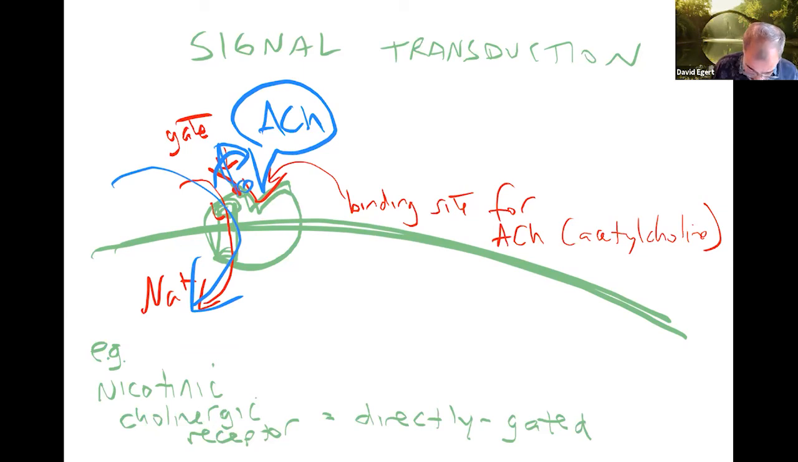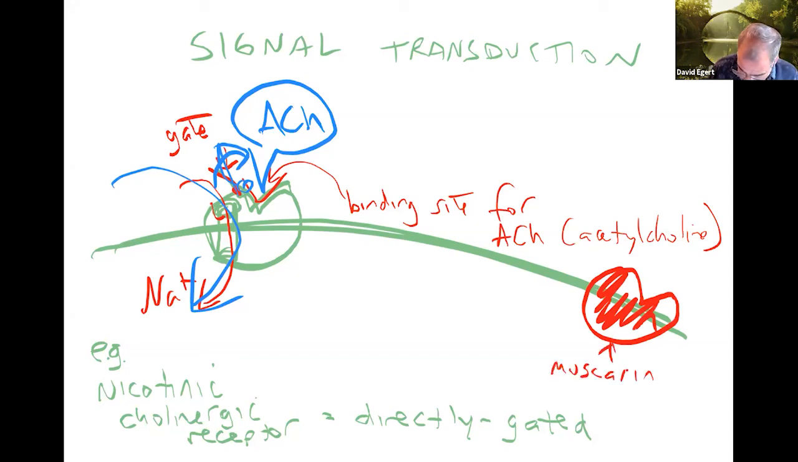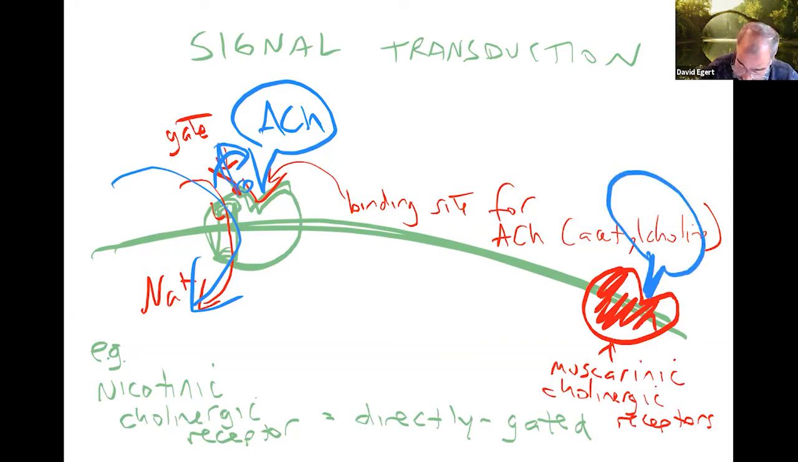Maybe over here, I'm going to put another one. This is going to be a muscarinic cholinergic receptor, which works really differently. And we're going to talk about this in more detail later. In this case, if acetylcholine binds onto it,